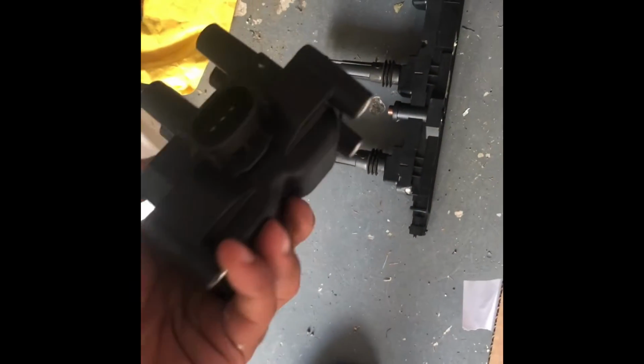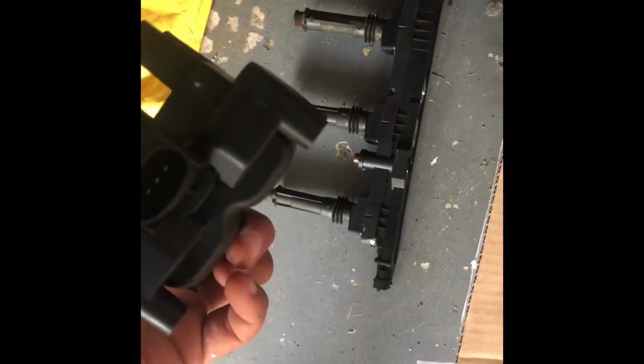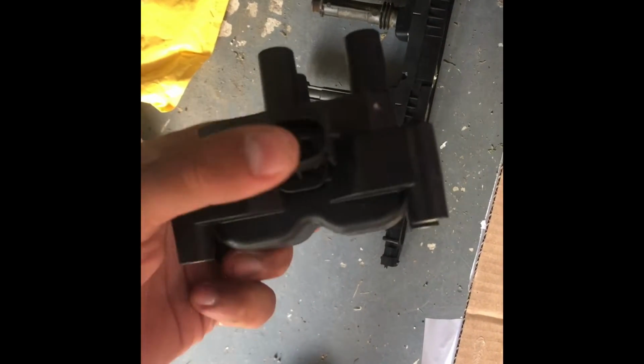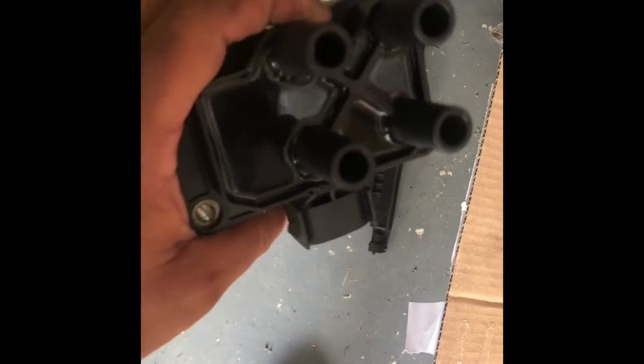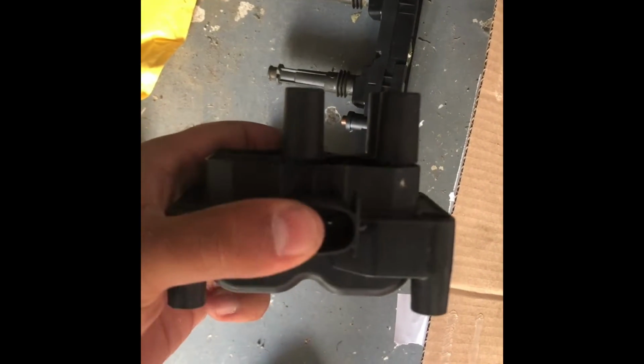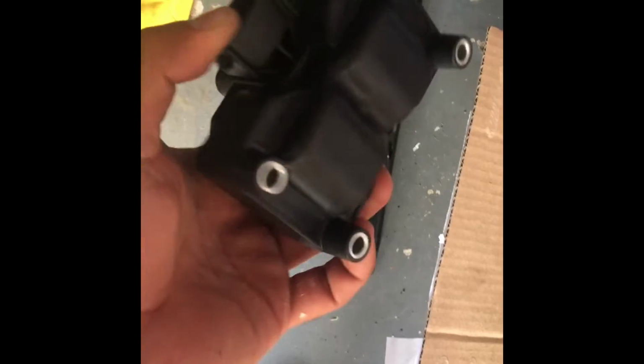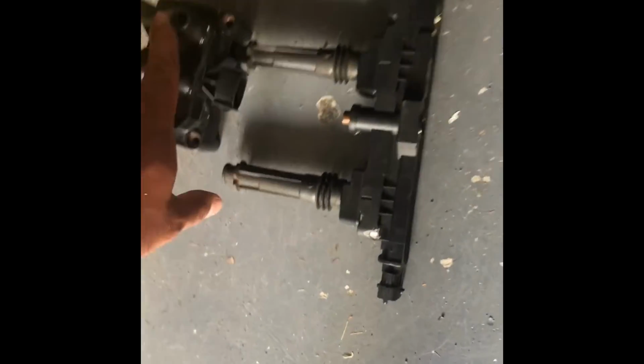I've got a Ford Delphi coil pack. This is a dumb coil, which effectively doesn't have internal drivers. So if I am going to run this, then I need to get ignition drivers or ignition amplifiers to be able to run this with the ECU, so it's probably not an option. Bundles of these,